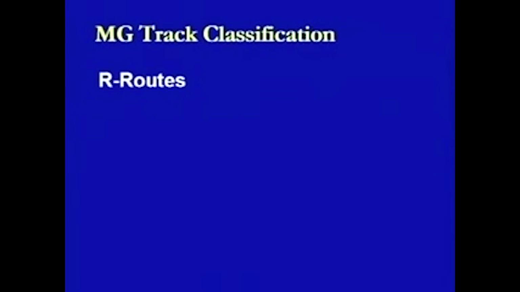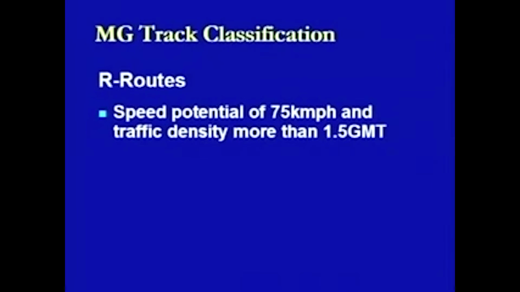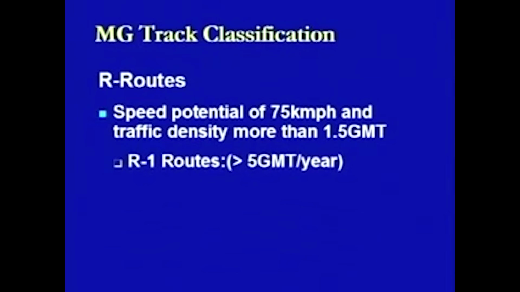Another category in the case of meter gauge track classification is R routes. In this case, the tracks have the potential of moving the trains at a speed of 75 kilometers per hour, but they are not moving the trains at this speed, but if required, that can be done. In the case of the traffic density, it is a little lower than the previous category, that is the Q routes. Here it is 1.5 GMT or more. In this case, we have again some categories like R1 route, where it is defined as greater than 5 GMT per year,